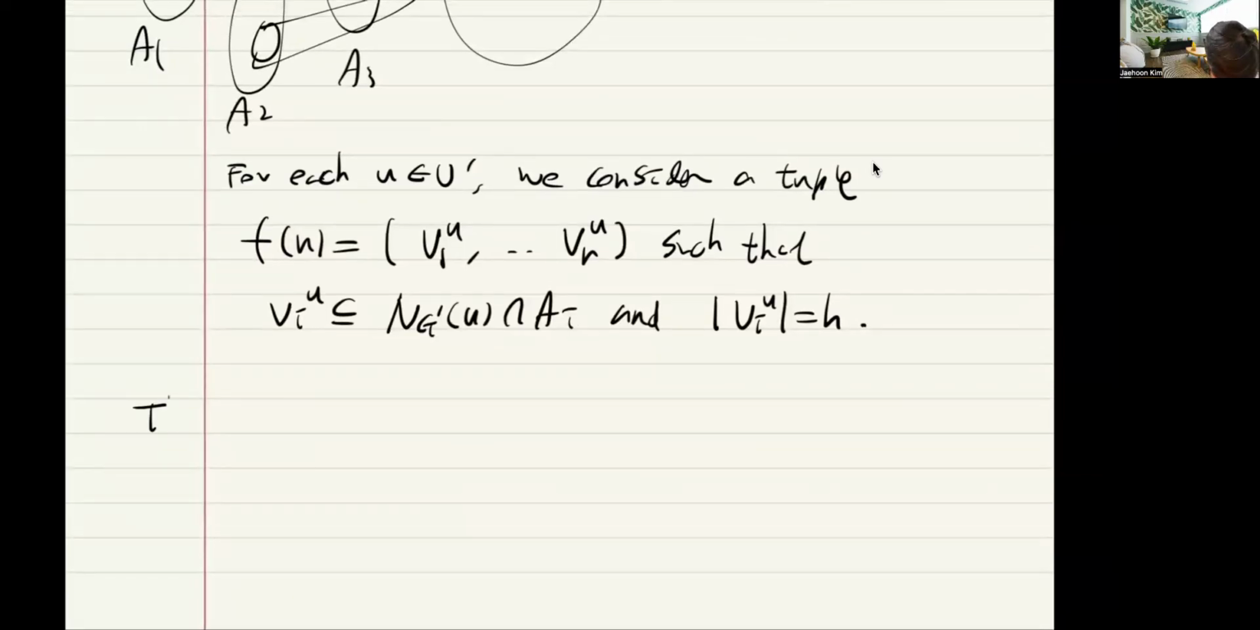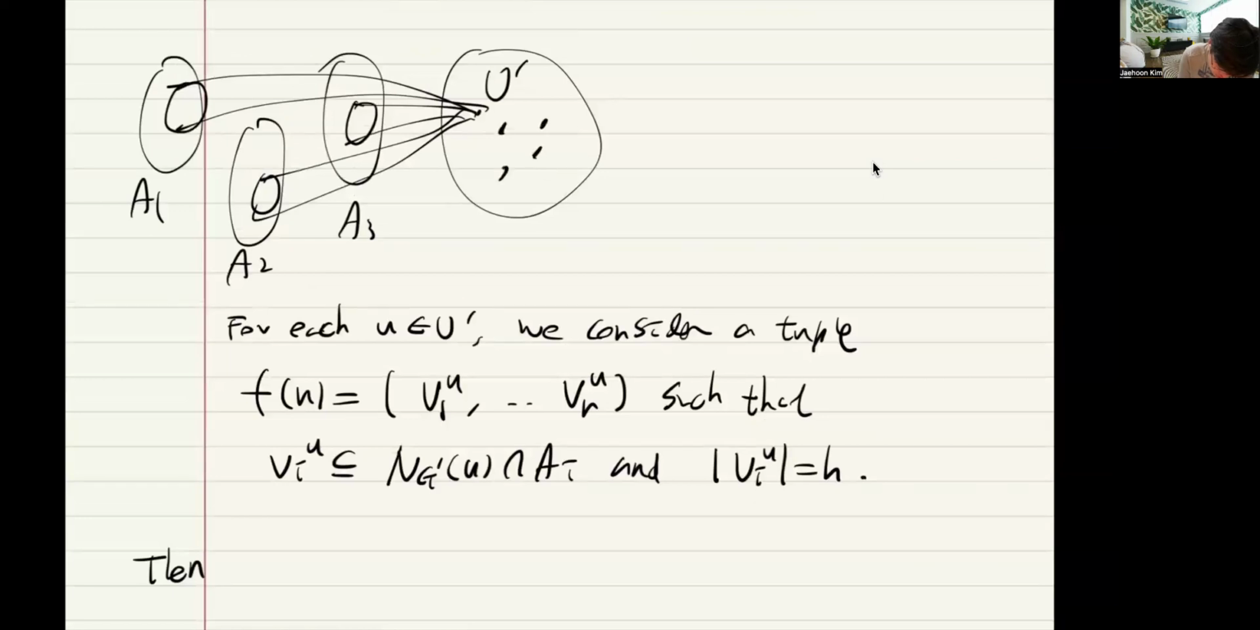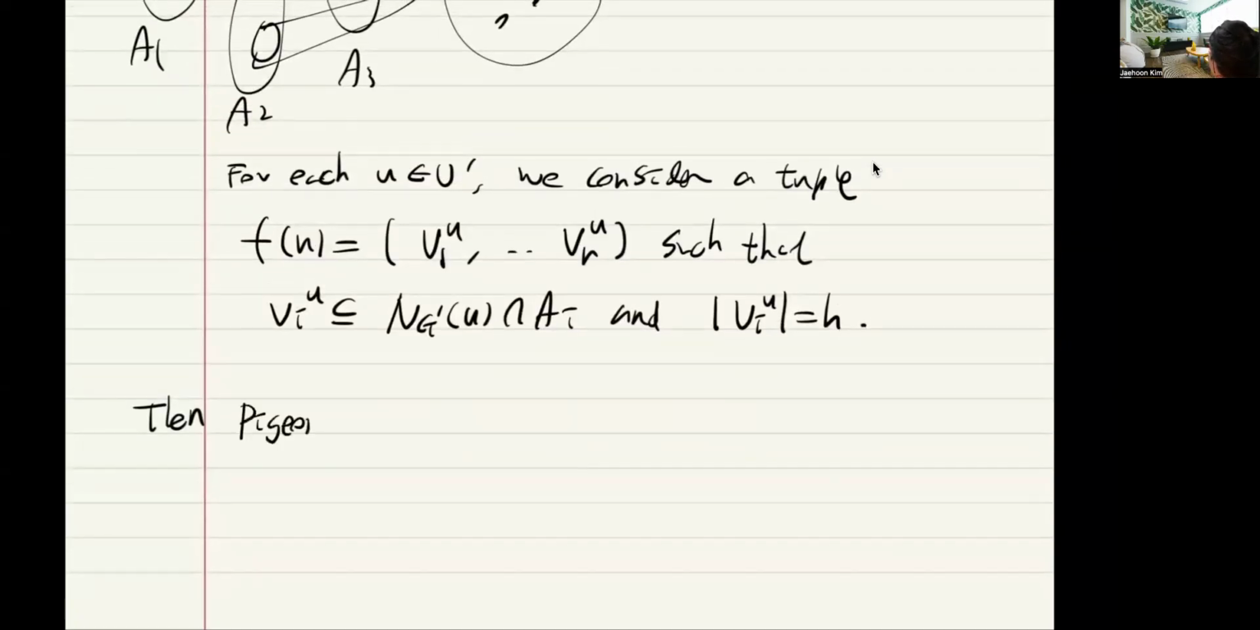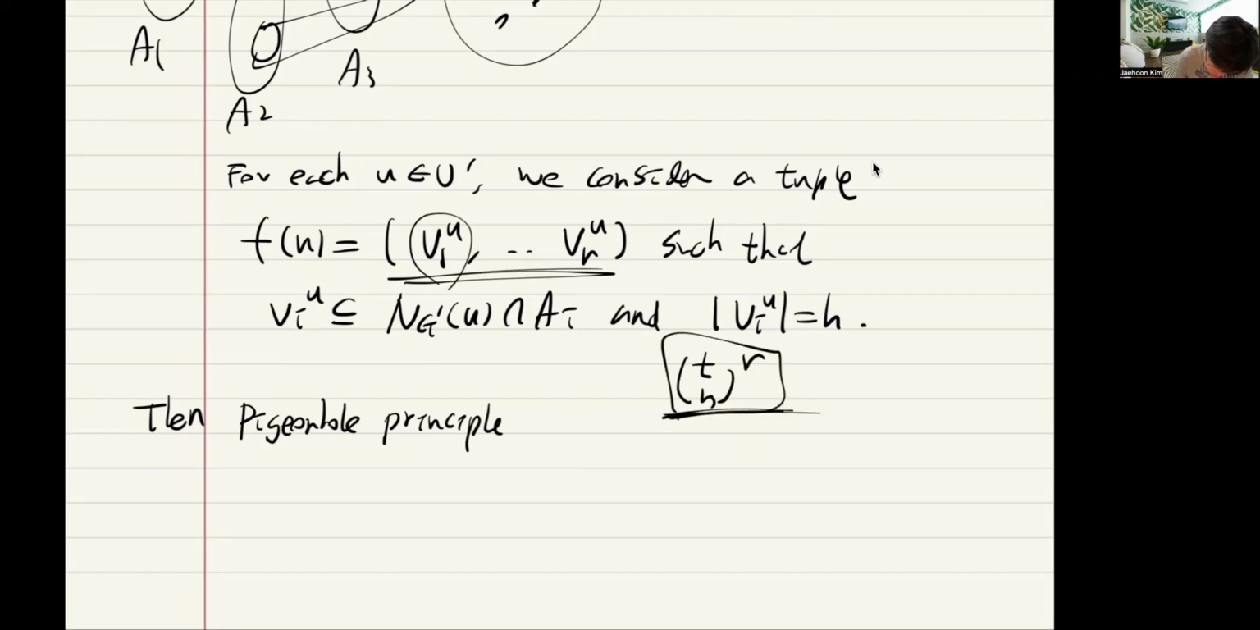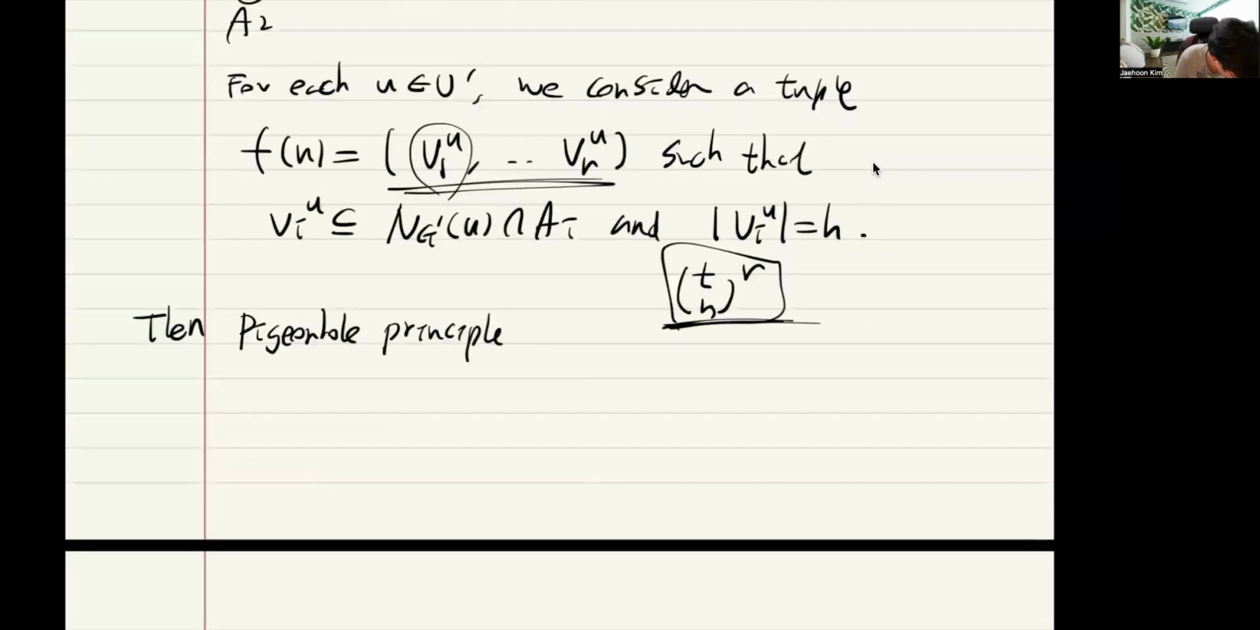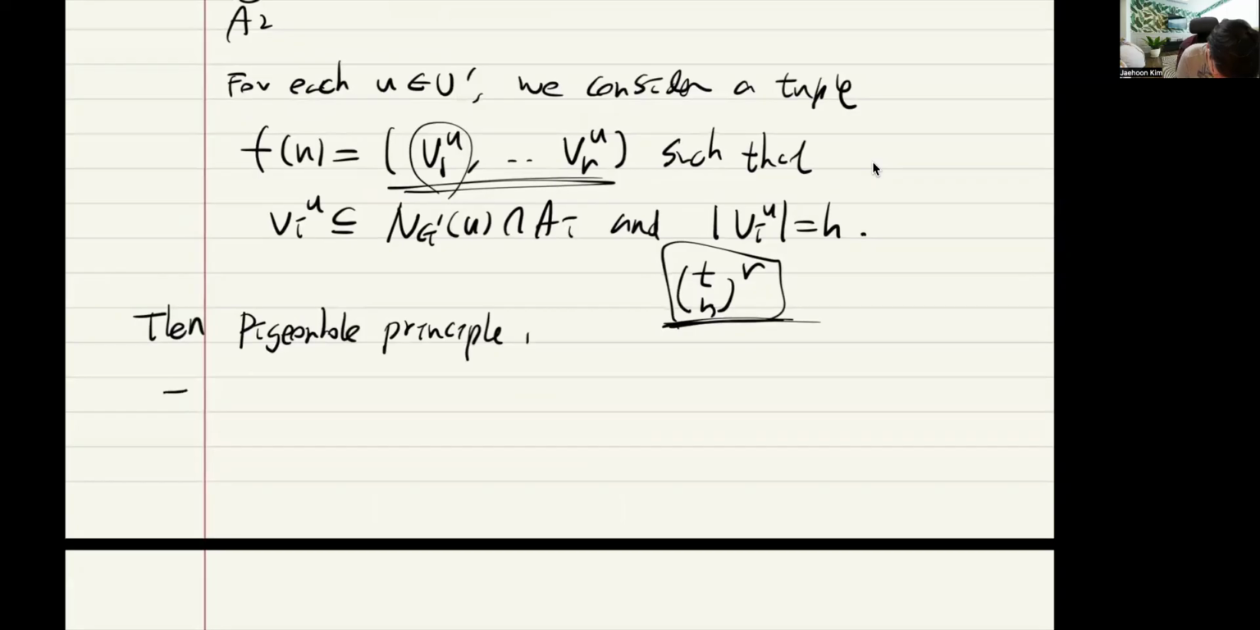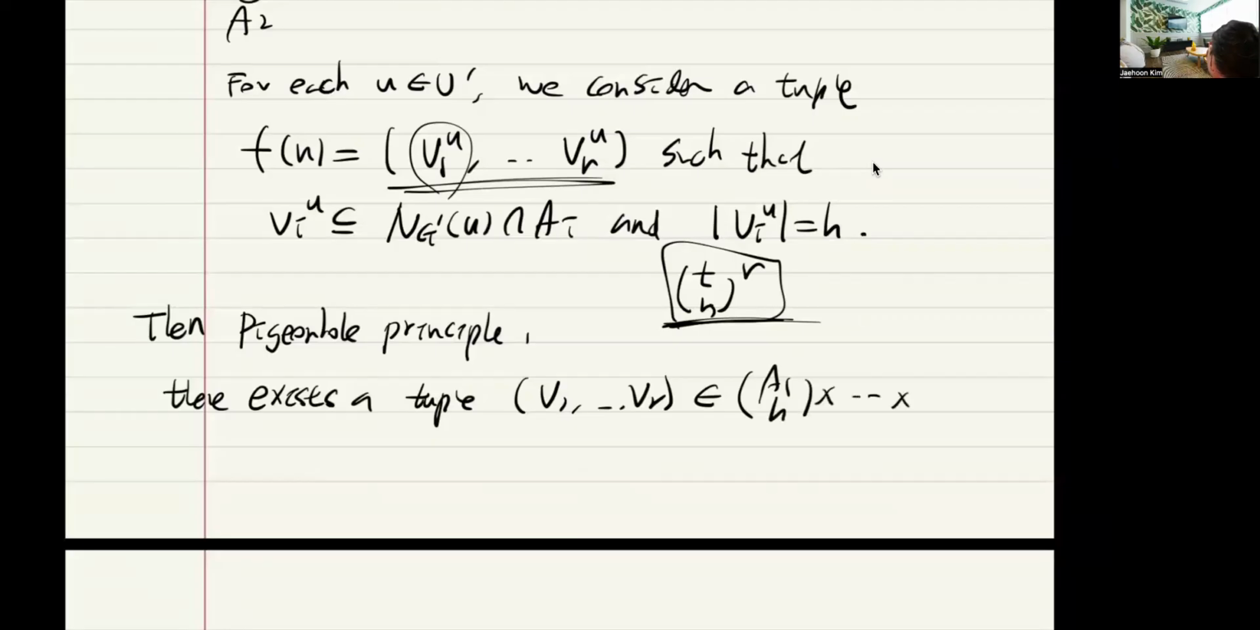Okay, but then for many of them, we did this. And then there are a fixed number of choices for this, right? So by the Pigeonhole principle, how many choices are possible here? T choose H choices in each one of them, and then you take the R. So there are that many possible tuples that you get. So by the Pigeonhole principle, there exists a tuple, say V1 to VR, which is in A1 choose H, comma,